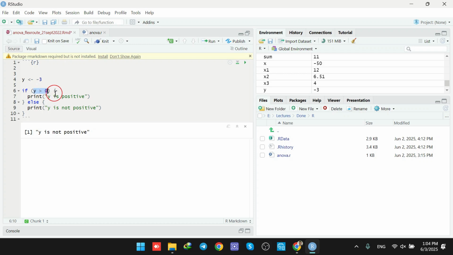So if y is greater than 0, then execute this part of the code. Okay. So if y is greater than 0, print this message: y is positive. And we are having the else part. Otherwise, if this condition is not true, then execute this part of the code. So either this part of the code is going to be executed, or this part of the code is going to be executed, depending on the value that is assigned to variable y. So when we write down the if conditions inside parentheses, we check that, okay, if y is greater than 0, execute this part of the code which says